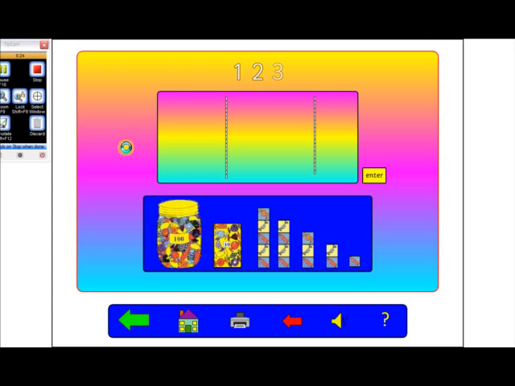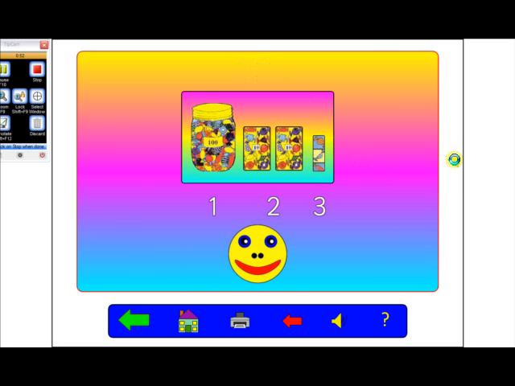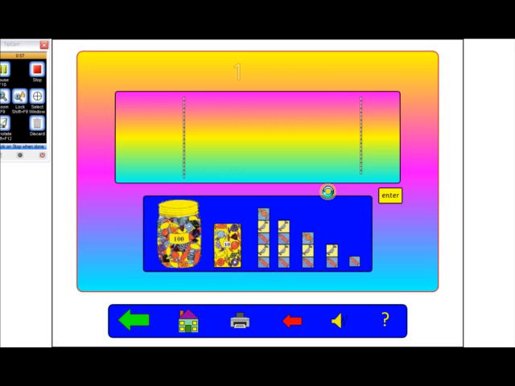Okay, so the idea is you have these numbers up here which correspond to particular units. So in this case, the 1 represents 100, the 2 represents 2 tens, and then the 3 represents 3 units. So we put these values down here in the correct places. The 100 goes in here, the 2 tens goes in here, and then the 3 units goes in here. Then we press enter, see if we've answered correctly, which we have, and then it just moves on to the next activity, like so. So return to the menu,